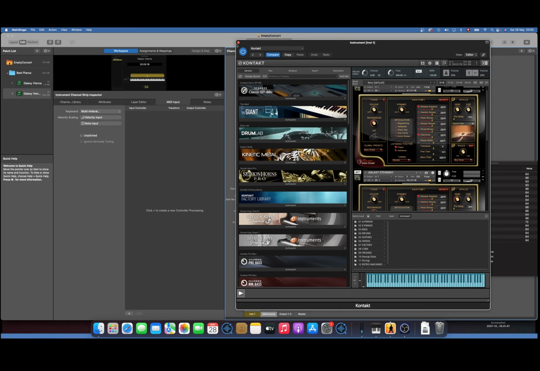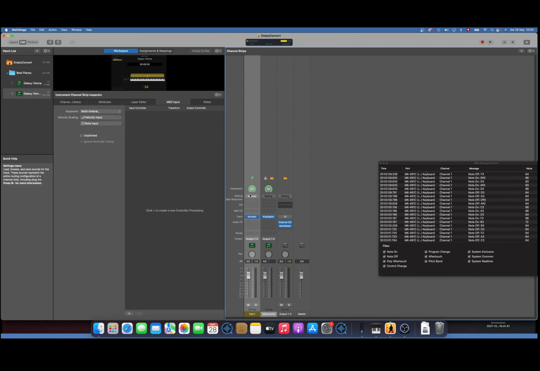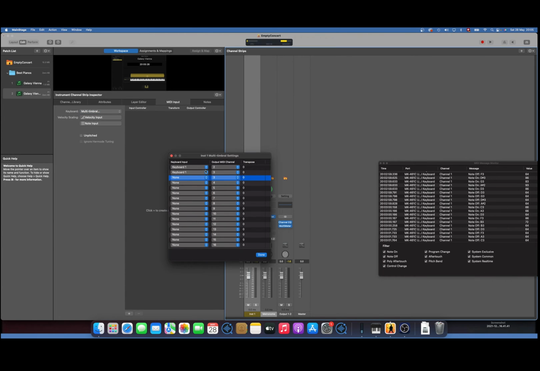So how do I do that? This is done using the same trick as before, by going to multi-timbral, and now I can add another keyboard instance. Here I can add, in addition to MIDI channel 2, which is my Galaxy Vienna, MIDI 3, which is now my pad sound, right? So now if I play,